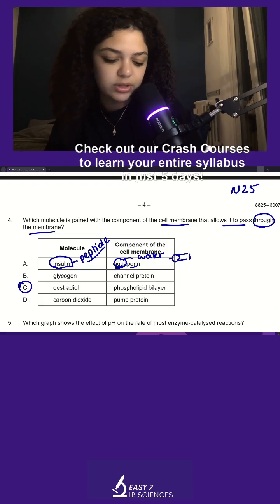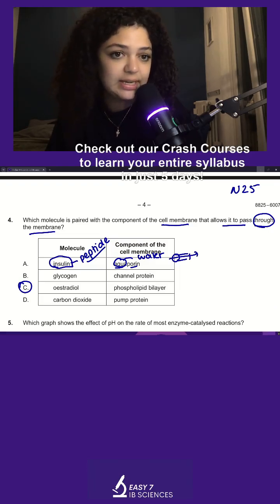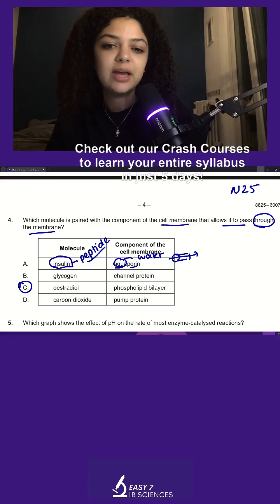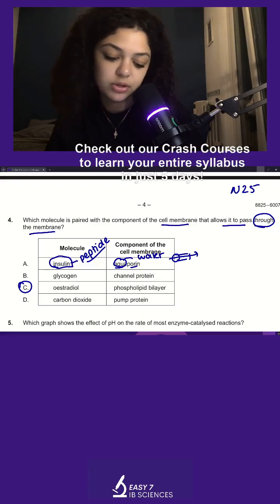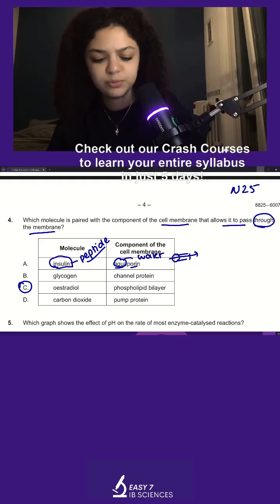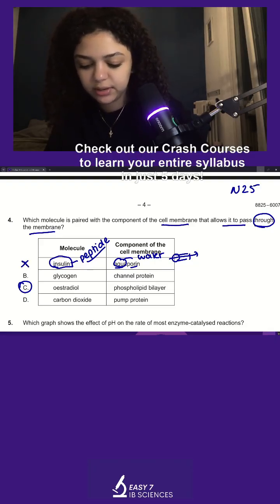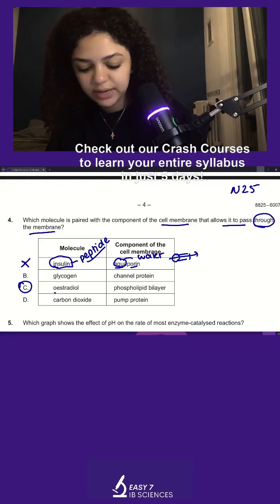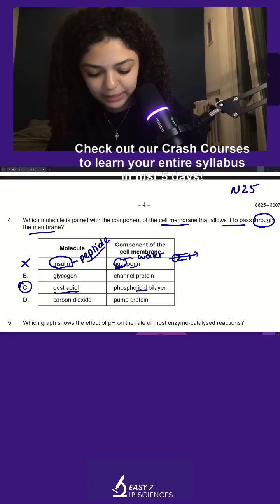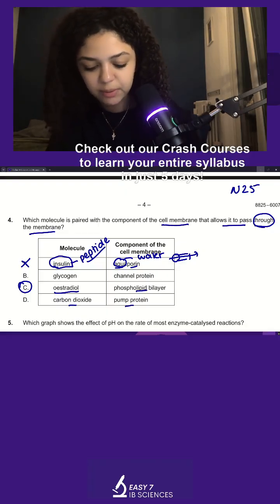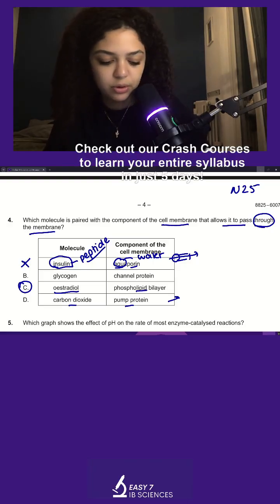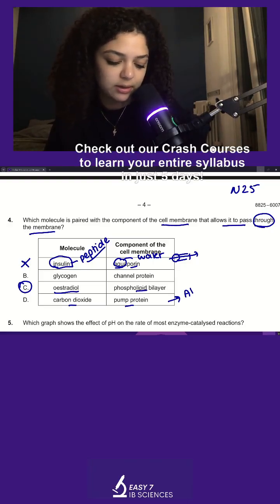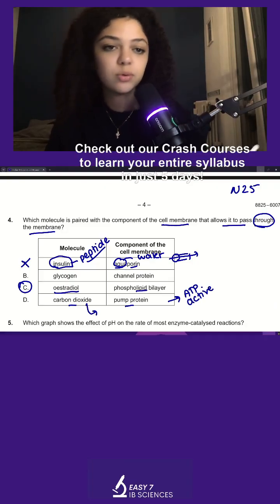And a water pore just lets water go through, and you'll see it in the kidney. So this is where you see HL content being applied, because you need to know it more for osmoregulation. So this is incorrect. Glycogen through a channel protein. Okay. We have estradiol through a phospholipid bilayer, and carbon dioxide through a pump protein. Well, pump protein we know requires ATP, it's like active transport, and we know that carbon dioxide doesn't require a